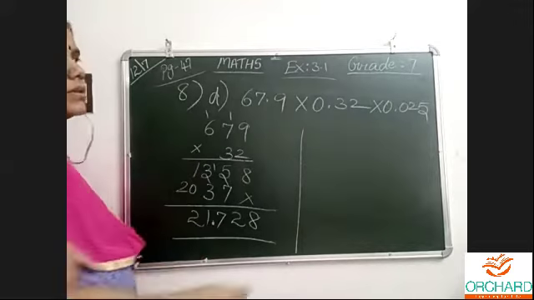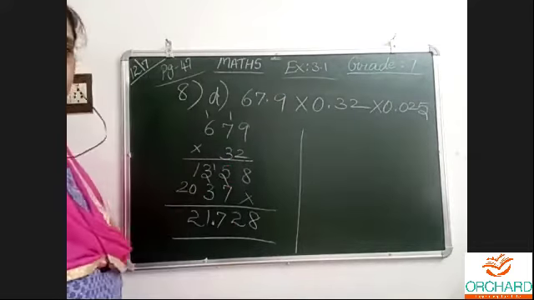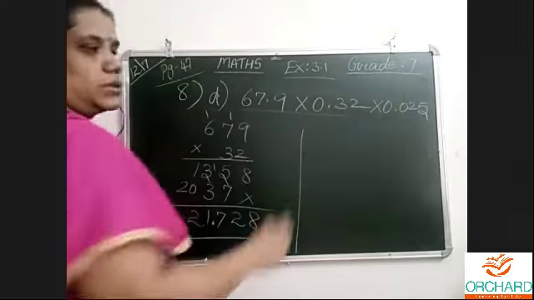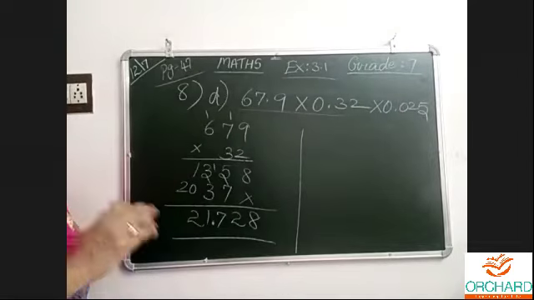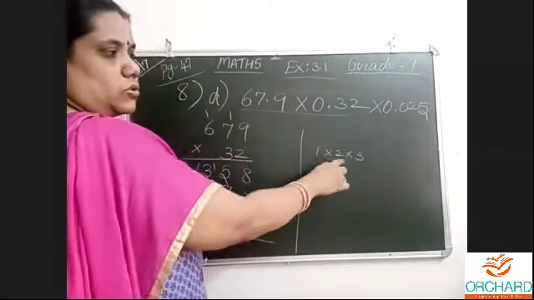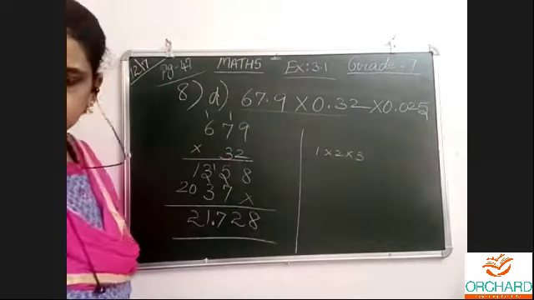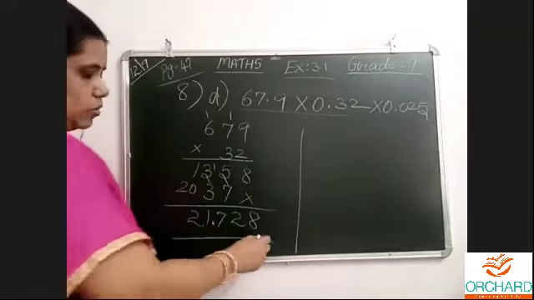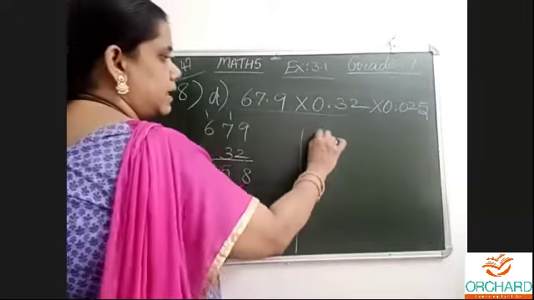Okay, now the third number is there. Now with this number to do. The first and second should be done with the third, then only will we get the last result. For example, 1, 2, 3: 1 2s are 2, 2 3s are 6. Like that. In the end, there is only one answer. So now I will write this number.